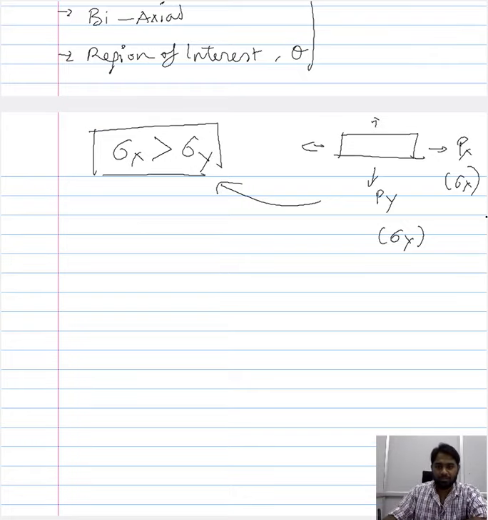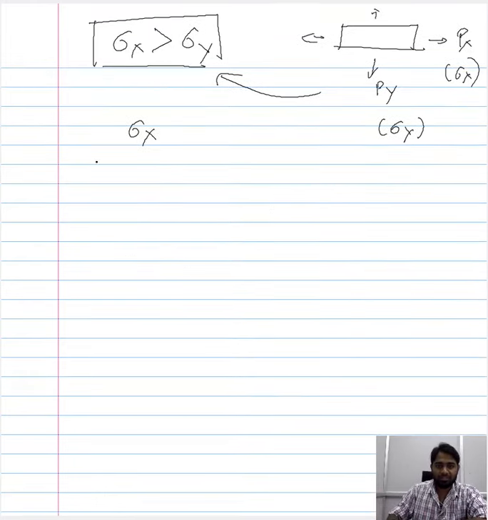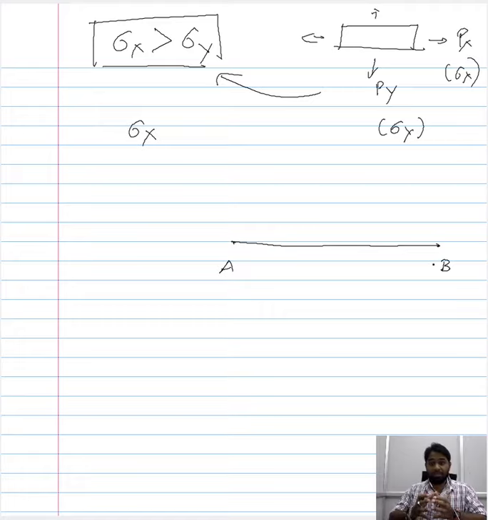In that case, let us begin by graphically representing this stress, that is sigma x, along the x direction. If you would like to graphically represent this stress, let us consider its magnitude alone, and represent it using a straight line. So this straight line, say AB. Now forget about the representation of AB which we used earlier, that is the region of our interest which was inclined. Here the magnitude of the stress acting along the x direction is AB.